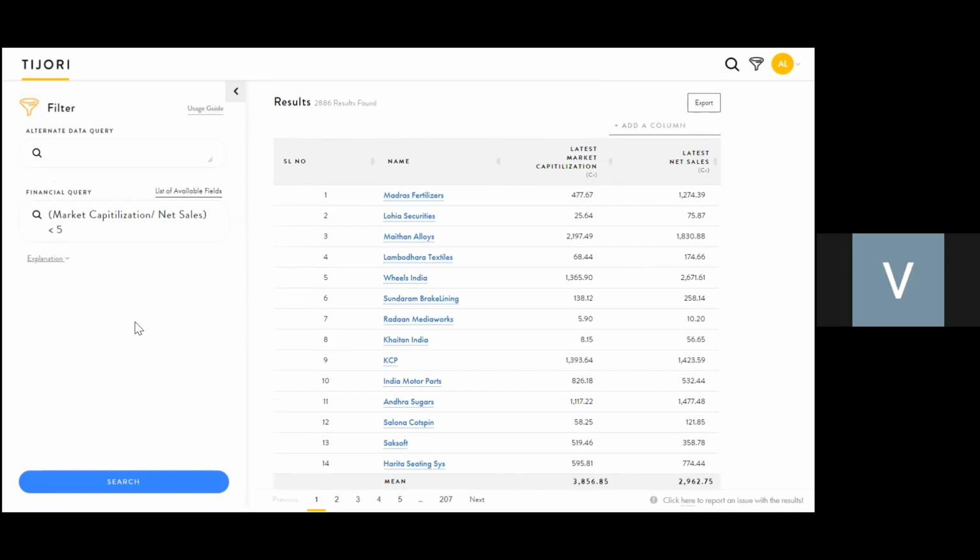You can filter on the regular financial fields that you find in balance sheet, profit loss, cash flow ratios. You can also filter on shareholding. And the last point is you can make your own ratios based on any of these fields, because obviously no one can have one exhaustive list, right?